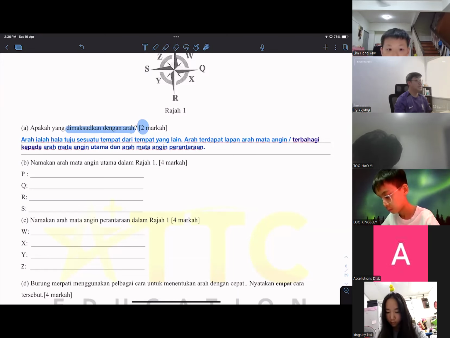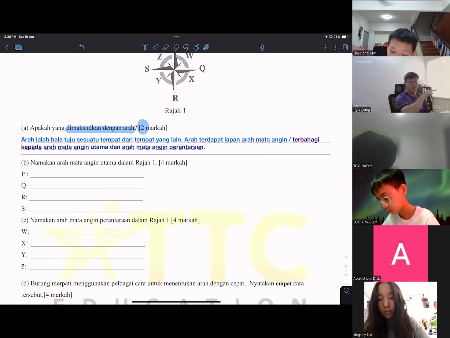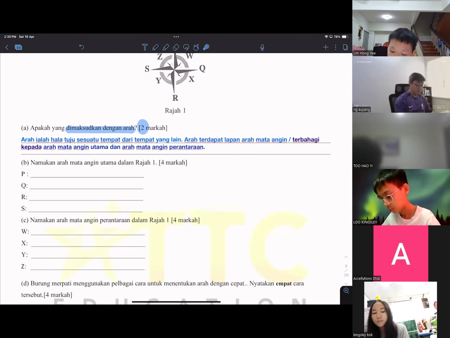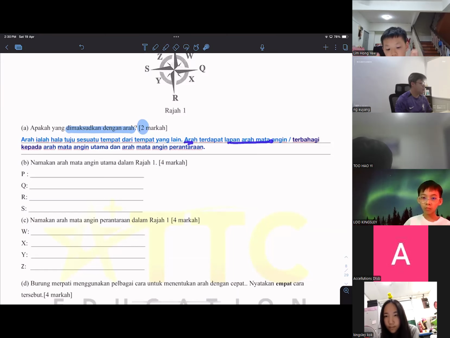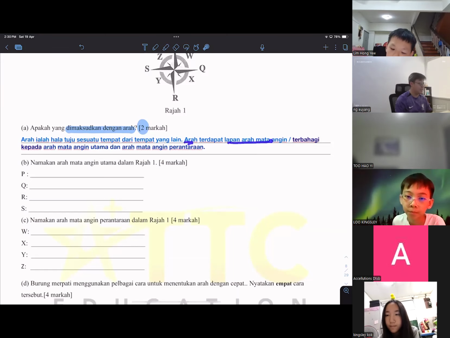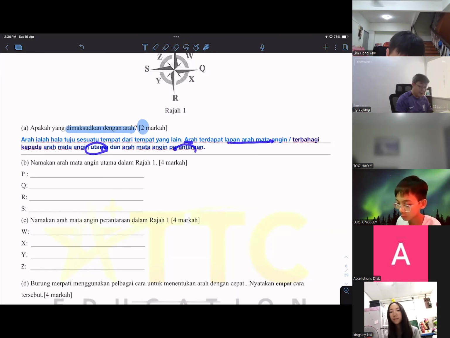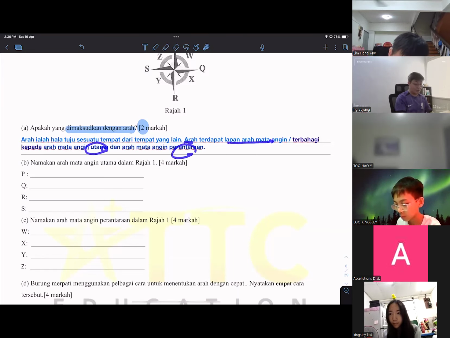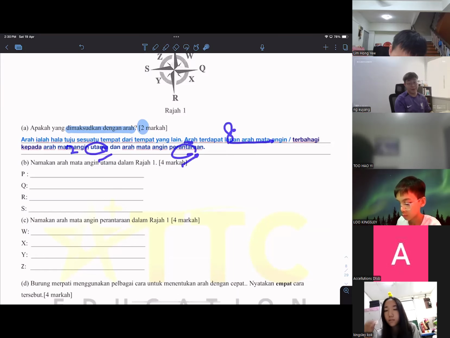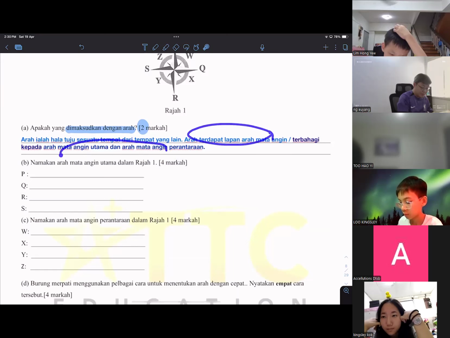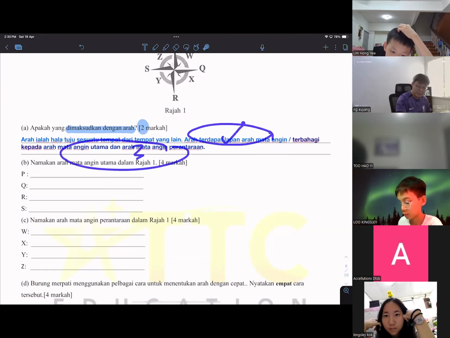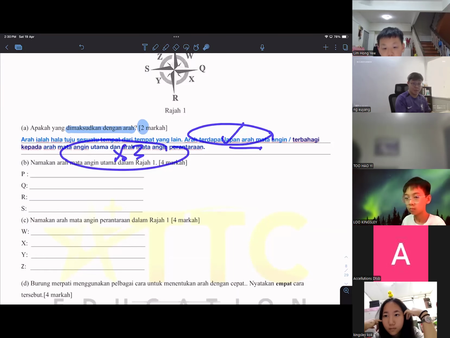So Sri Harish, read your own answer again. "Arah terdapat 8 mata, sorry, 8 arah mata angin, iaitu utama dan perantaraan." We have 8. Then you just try to mention 2, which is utama and perantaran. So which means this is the second mark. This one is supposed to be a third mark. If you mention the second mark for 8 arah mata angin, then you don't need to mention the 2 categories.